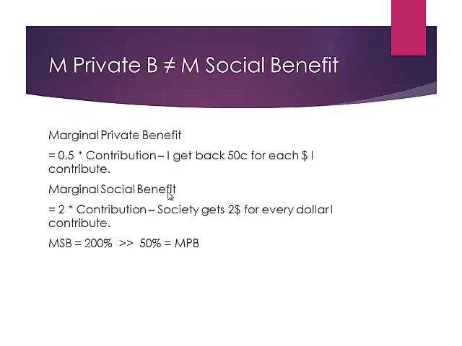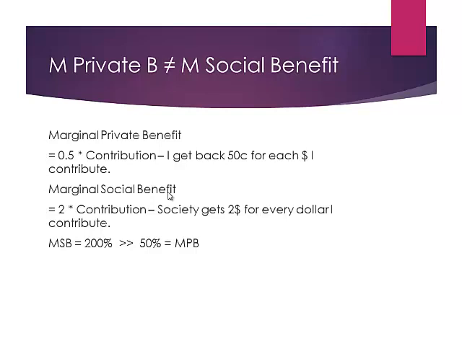Suppose we have this game where there are 4 players. So if I contribute $1, it will get doubled, become $2, and then it will be divided among 4 people. So I will get 50 cents. So actually, when I put in $1, I lose 50 cents. My marginal private benefit is 0.5. I get half of what I put in if I do my own.